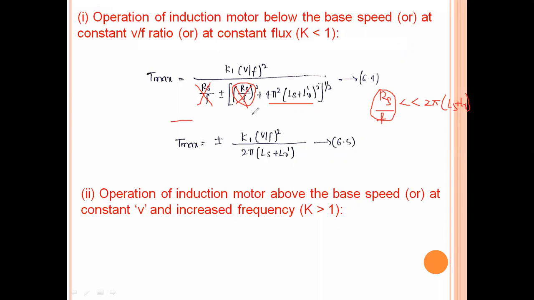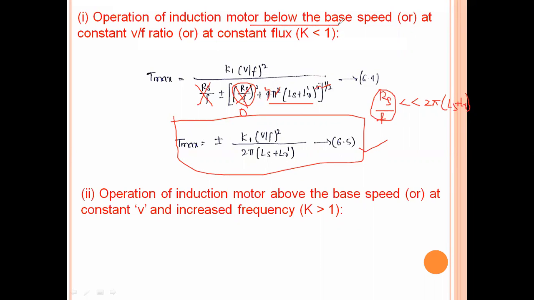So the resultant maximum torque equation will become K1 into (V by f) whole square by, here this term becomes 0, then the root and square will get cancelled. 4 can be written as 2, and pi square and root can be cancelled. So 2 pi into Ls plus Lr dash. So this is the maximum torque condition